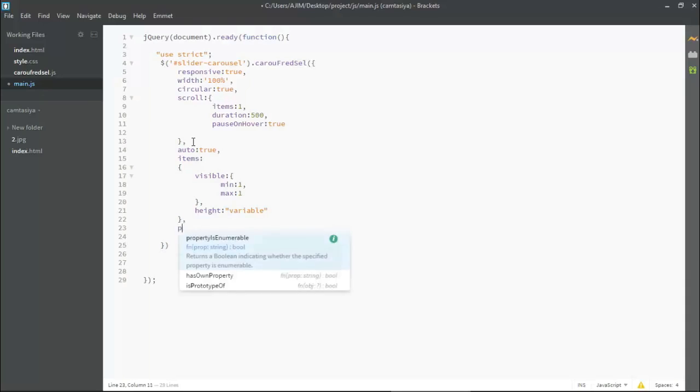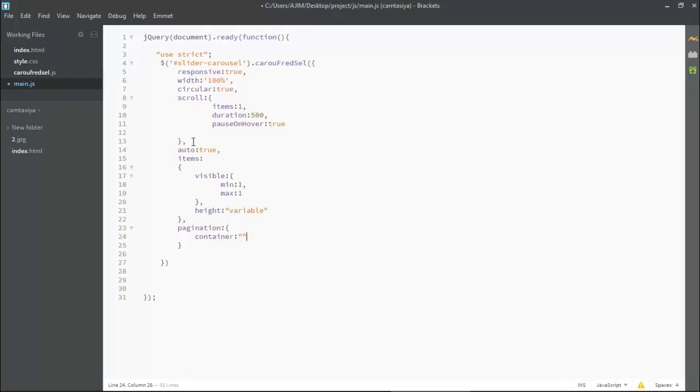Just coming down to this and mentioning here pagination. Okay, and here I'm again taking double brackets and then putting some values like container, and it will be slider pager. Why am I putting pagination? Say for example, you might have noticed on websites where a slider is coming, there you get icons to slide. So if you want to get those icons for the slider, then you can also get it.